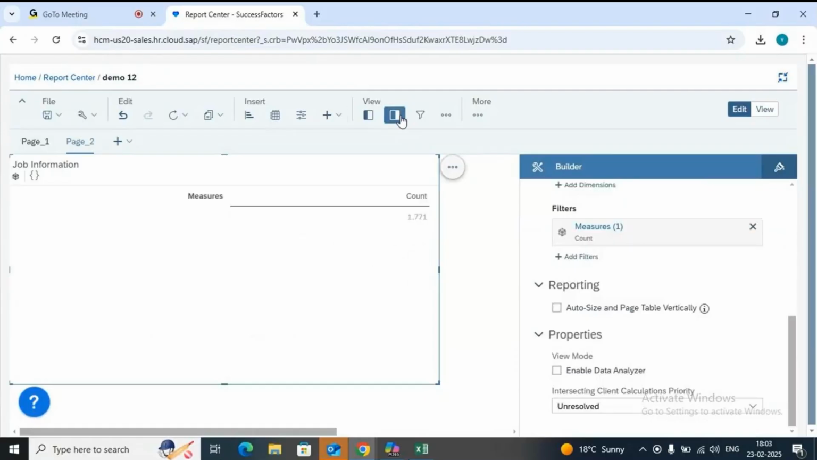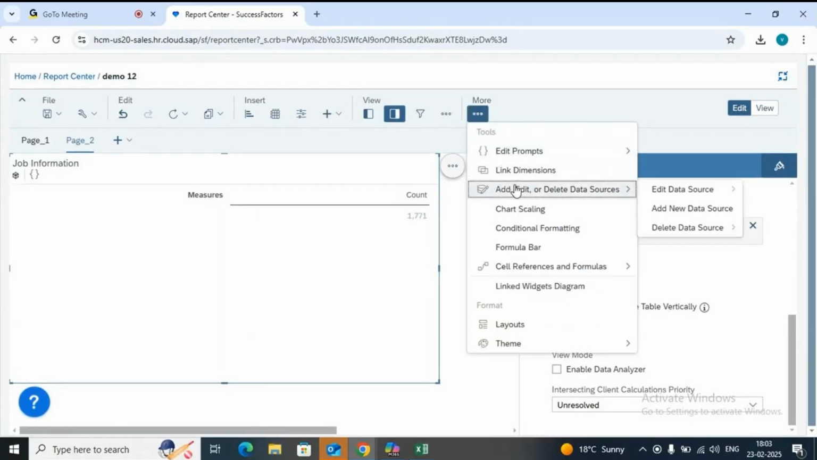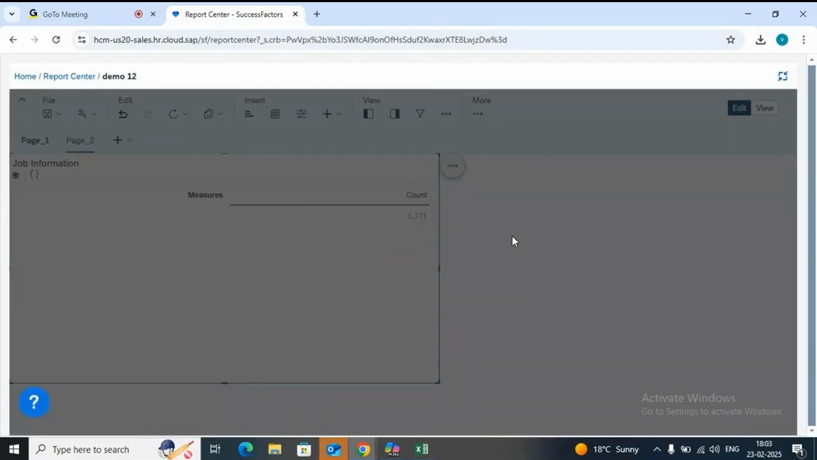Okay, cool. So now I will just go back here. I will need to go back to my data model. I will go to more, click on edit data source, click on the job information. So what I will do,